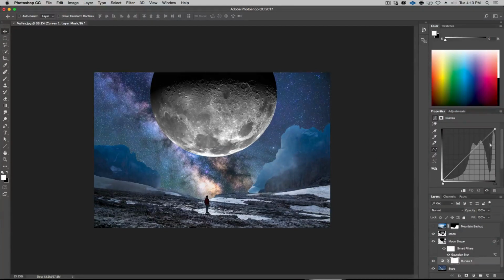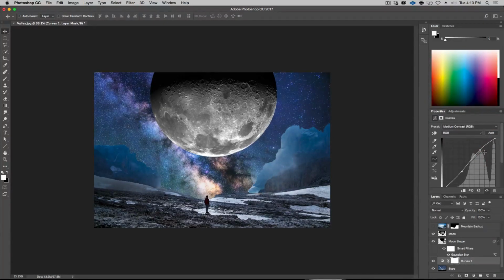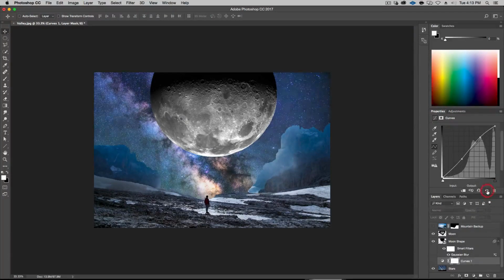All right, so S curves, you can actually have them preloaded. Here in the default, they don't have them anymore, but you can do like a little bit of like a medium contrast, and you see that this S shape goes darker in the darkness and lighter in the lights, and that's an S curve. All right, so let's see, what's that before, after? See, it's bringing out definitely more definition. Let's bring out the highlights even more, darken it even further. All right, something like that.